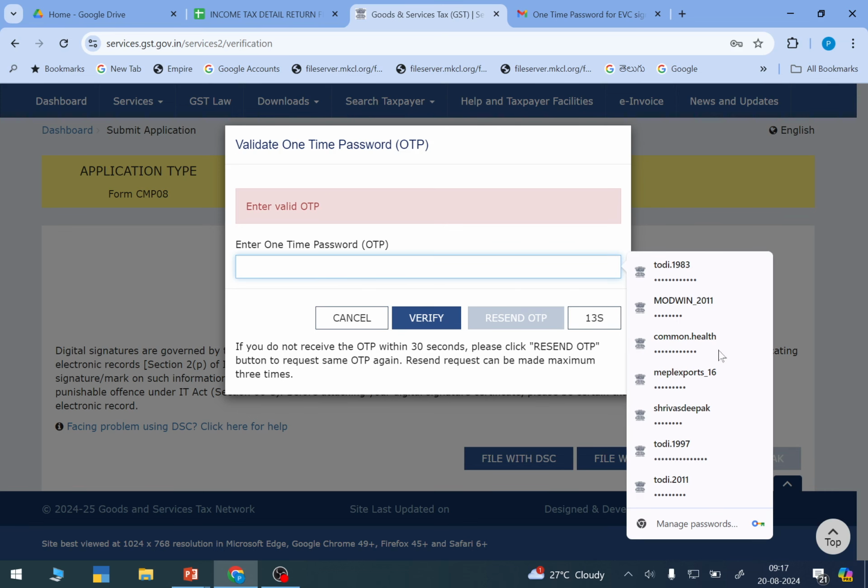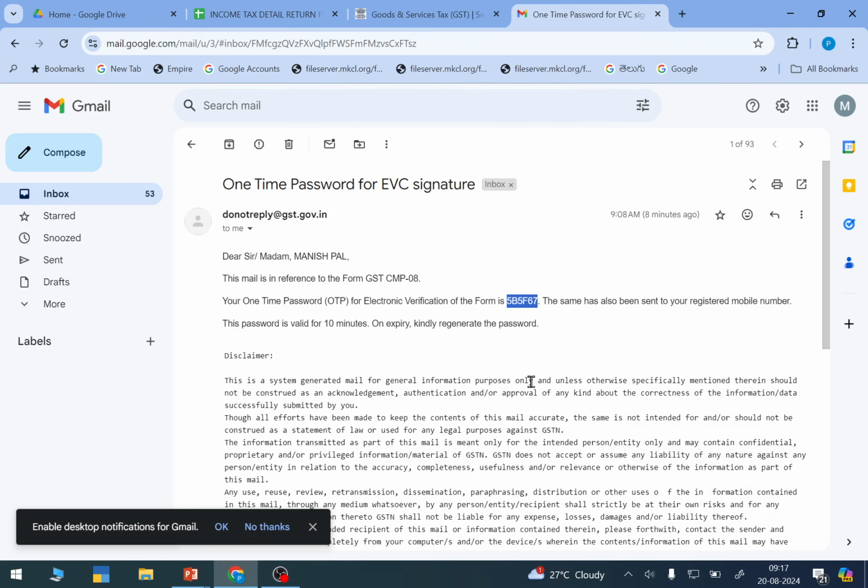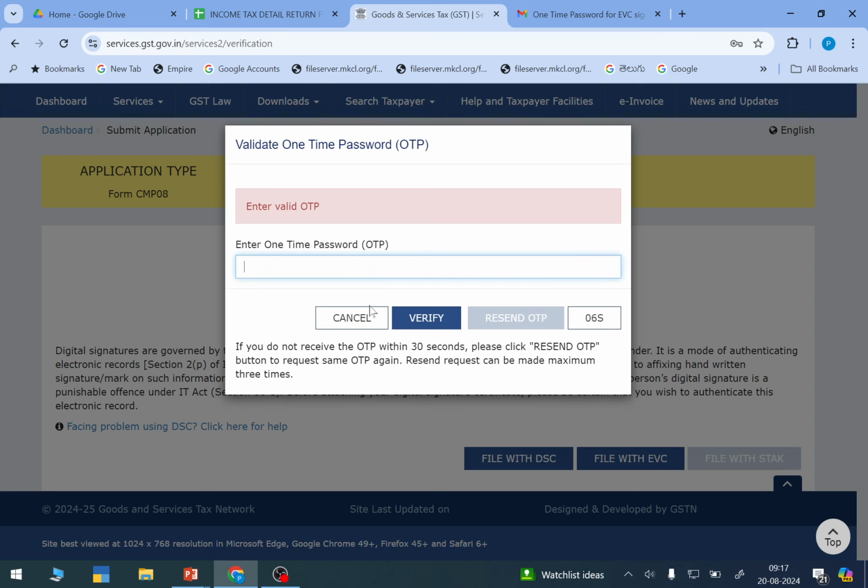The OTP will come on the email address. So the OTP you have to type correctly. Once you type the OTP, it will approve the return.